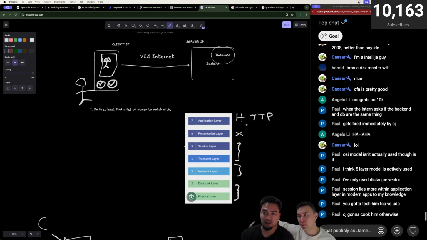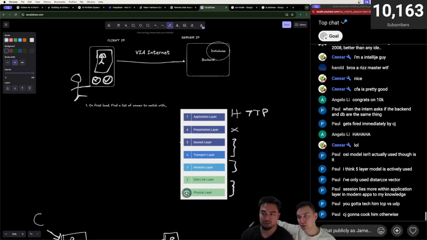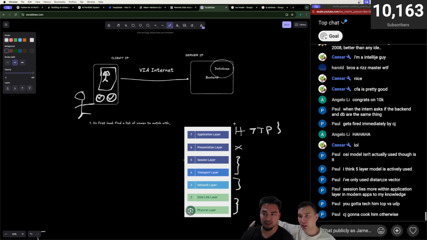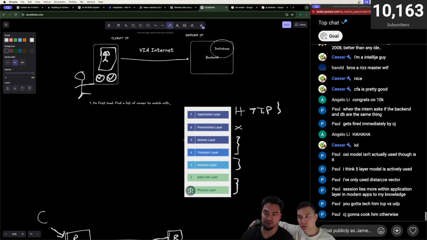Application layer and application programming interface. Kind of makes sense. And then HTTP is its own thing, and there's probably a request library, right? Yeah, exactly. What it essentially does is it builds HTTP requests, but when you send an HTTP request, under the hood it goes down the layers.